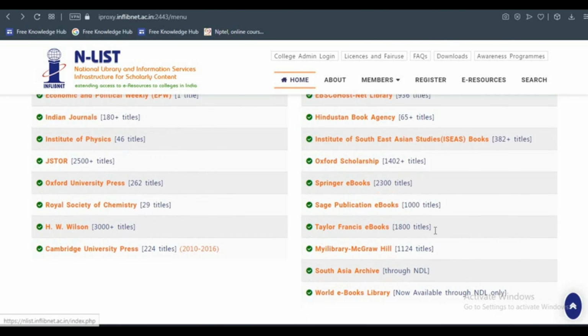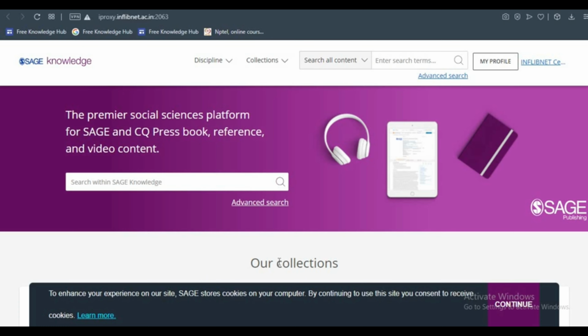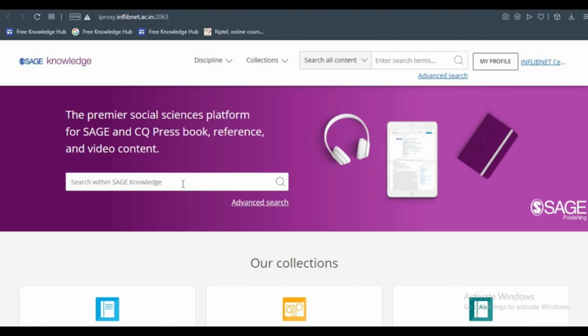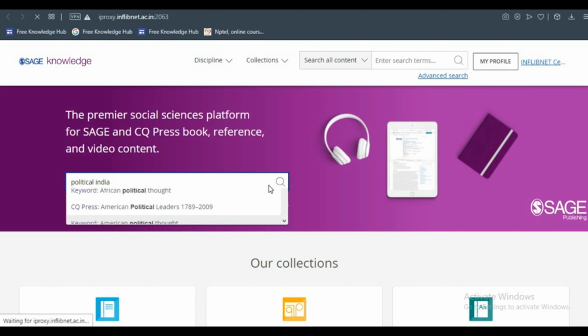Also there are Sage publications ebooks. You can access whatever you want, but you have to register yourself under this. Here is a simple search again. You can search whatever you want. Search political India.